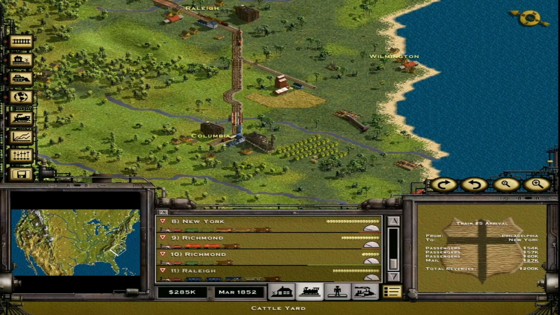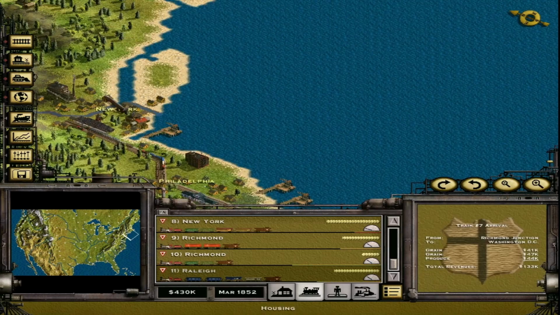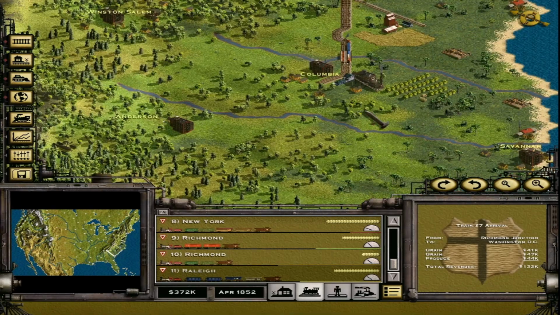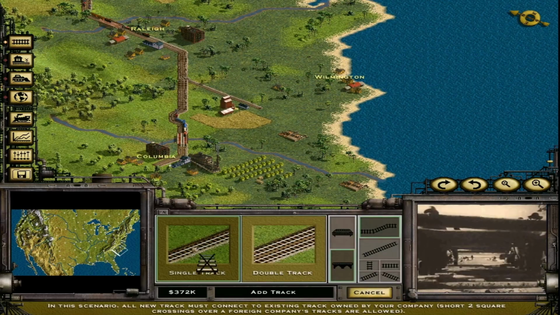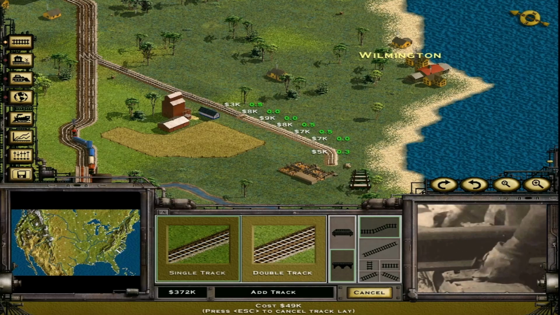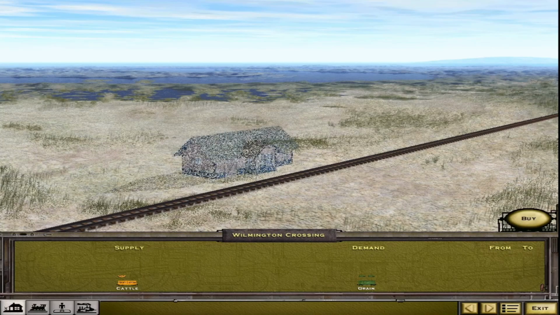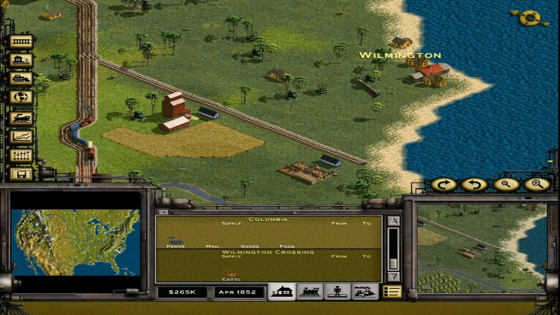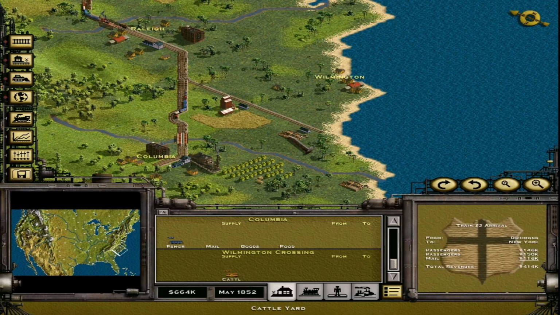What's actually funny is there's a cattle yard further south here. We have one in New York, and we actually have one in Columbia, too. Alright, I'm convinced to do it. Why not? Ooh, we can. Oh, sweet. We could also build one to Wilmington later on, but I'm not going to do that for the moment. I can't really supply it with grain, so...